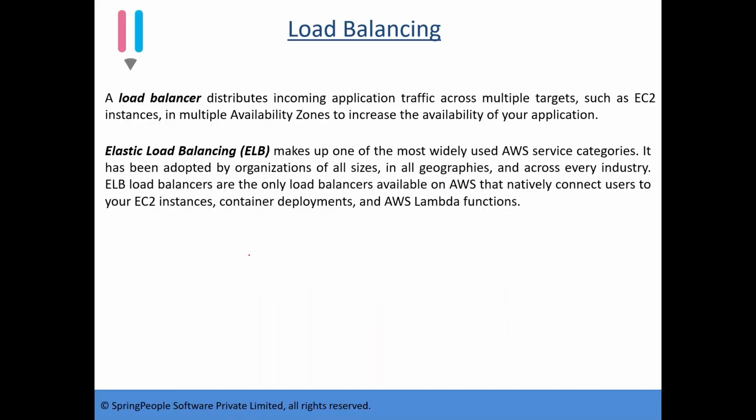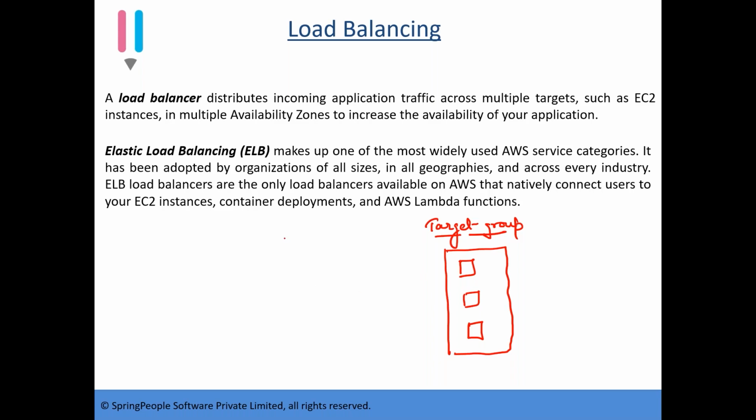Now see this. First of all, you have a Facebook application. For the Facebook application, you will have some servers. The first step for you will be to create a target group. This target group will keep the servers where we want to distribute the traffic. Let's say this target group has 3 servers, and in these 3 servers I want to distribute the traffic. So first of all, I'll create a target group. A target group is nothing but a collection of servers, or a collection of targets.